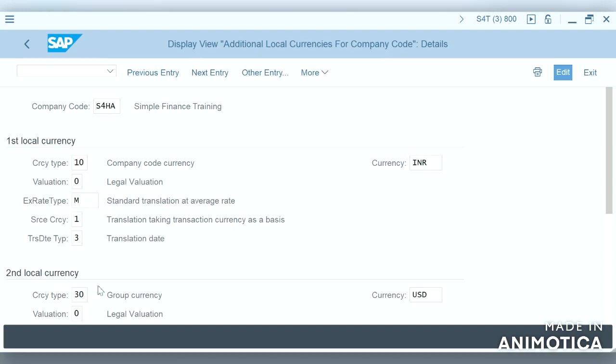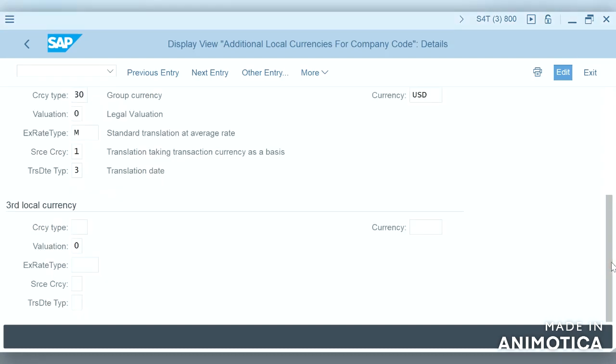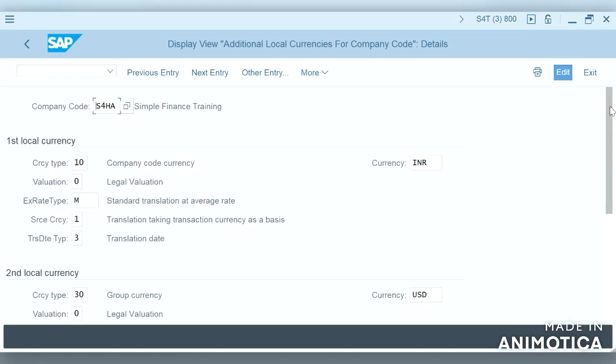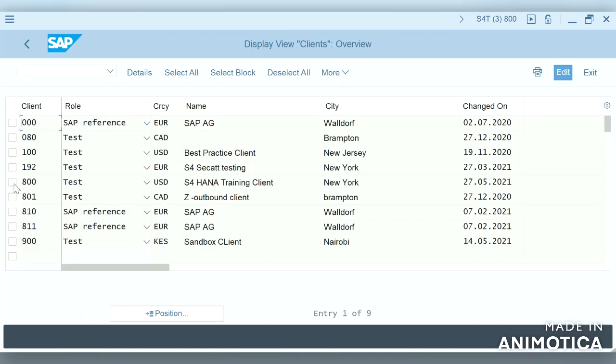We can see our second local currency is a group currency, which is USD, and there is no third local currency. This will be automatically pulled from the client currency. So if we see, our client is 800, and the currency is USD. So from here it was pulling our group currency.